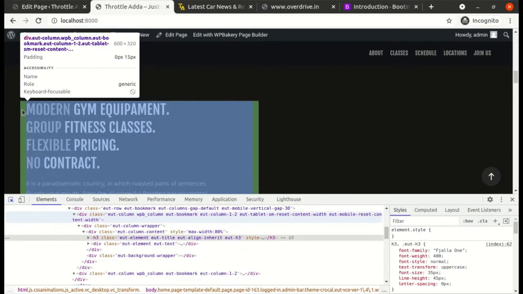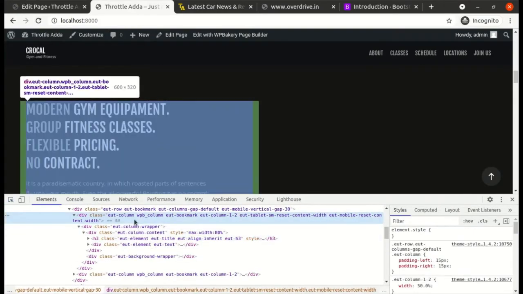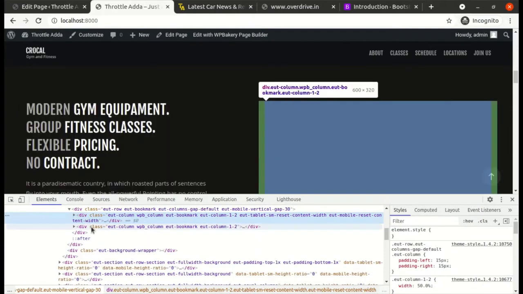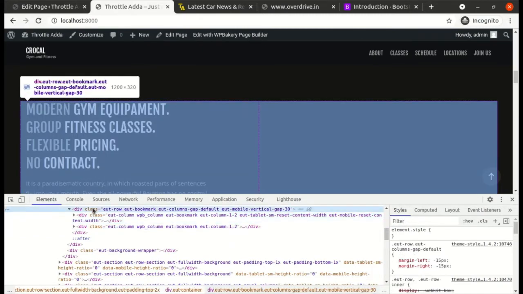If I go here, you'll see that this is a container, right? This is a box. Now this box is divided into 6 columns, and this box is divided into another 6 columns, which makes it 12 columns. So this section which is highlighted is the entire 12 column container.